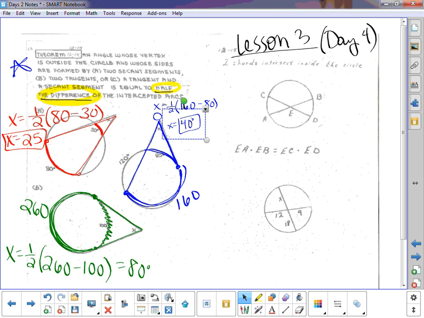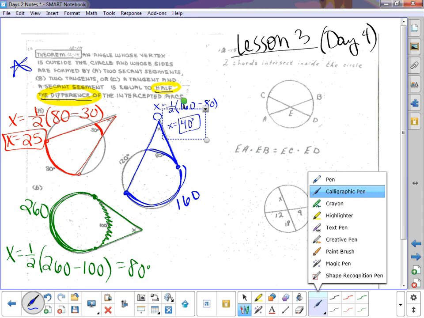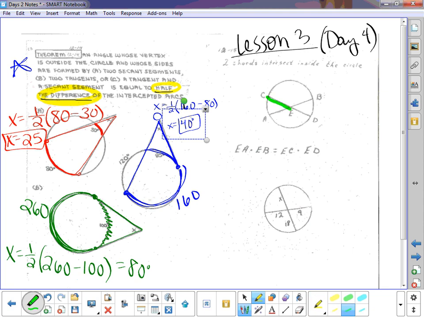Okay. Alright. So our first theorem here is talking about when we have 2 chords inside the circle. Okay, so we can see here I have chord CD and chord AB, and they intersect inside the circle. So we've talked about how to find the angles that are made up from those chords. Today we're going to be talking about how to find those segment